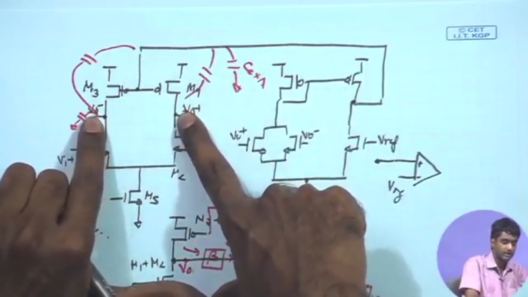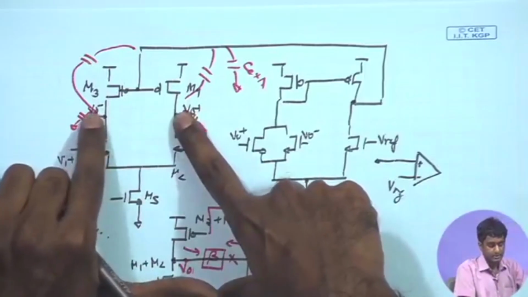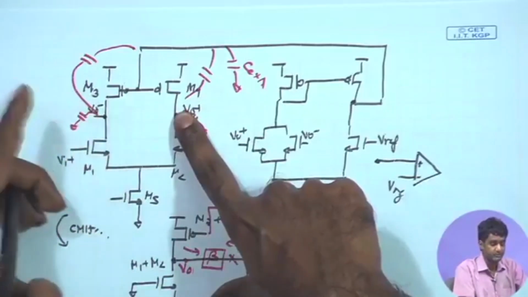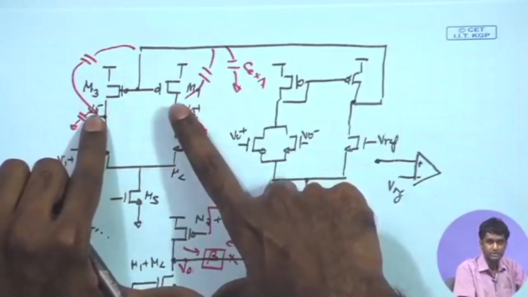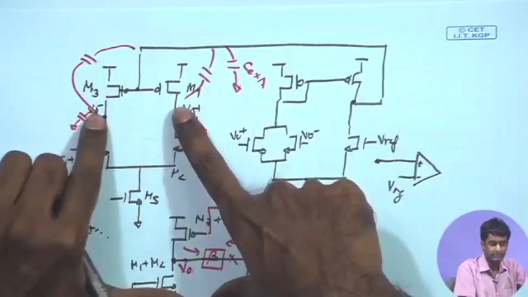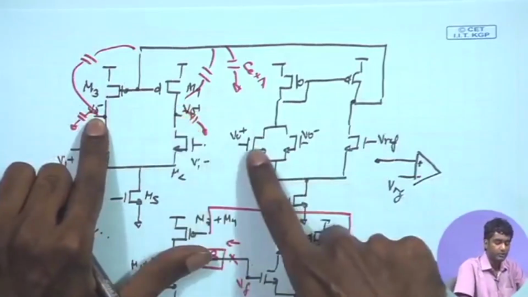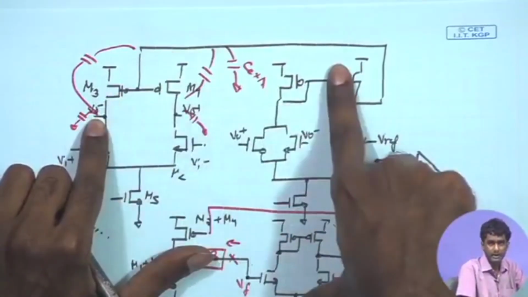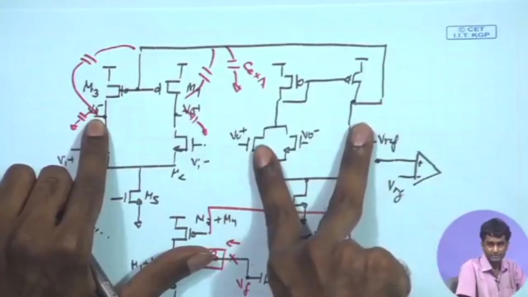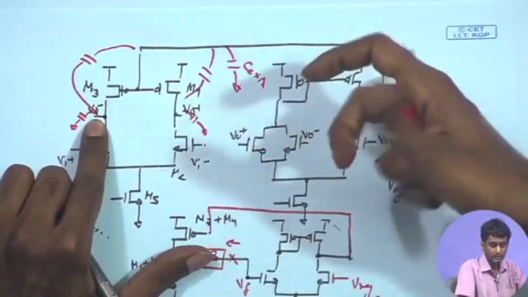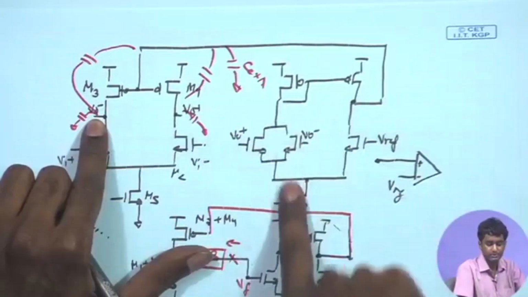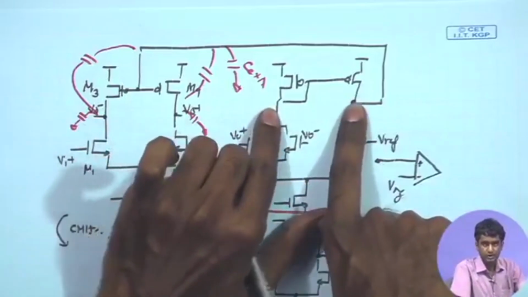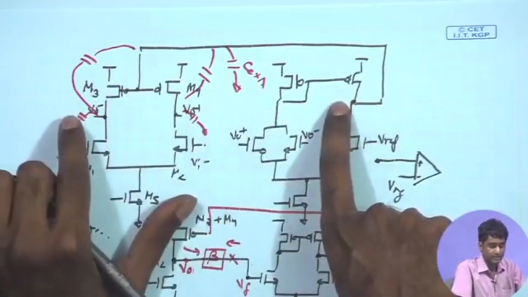For the common mode here, we are assuming that the main concern is the DC point. There is no significant common mode signal as such which we are trying to cancel out. The main concern is to establish a well defined common mode DC point, and for that we do not need to really worry about the bandwidth of this loop or the speed of the common mode feedback amplifier. We can minimize the bandwidth of this amplifier by, for example, reducing the bias current and increasing the channel length, so that the RO over here is much stronger as compared to the RO of this stage. That is possible,